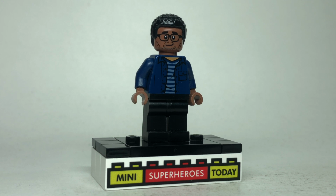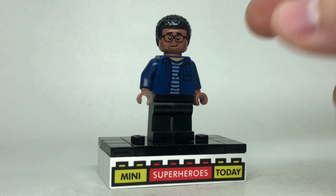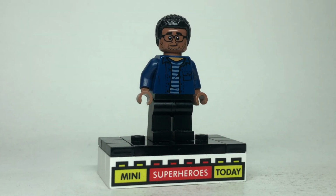Well, there aren't a ton of LEGO heads that have glasses to begin with, so I used this head from the new Pharrell Williams set. He has a little frame that says "My Friends," and I used that to get this. Now, I also pulled the hands from Mordo from the Doctor Strange Sanctum Sanctorum set. Then I used the torso from Franklin with the hair from Finn from Star Wars up top